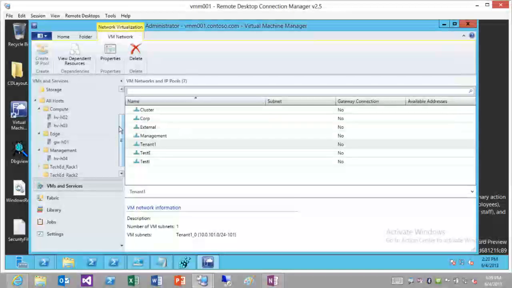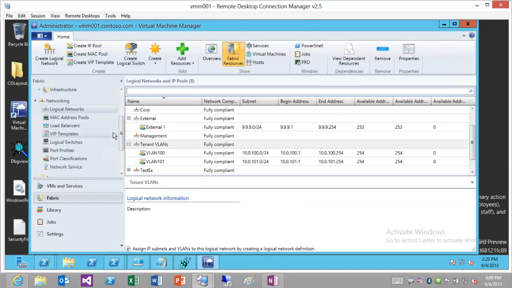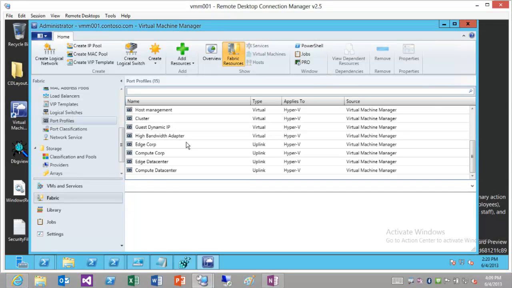Okay, so this is where we left off. We created our logical network. So we're going to go back to our fabric view, and we're going to create our logical switch now. The first thing you need to do to create a logical switch is create a port profile for uplinks. You'll notice if you looked at SP1 and now in R2 that we've made the terminology a little